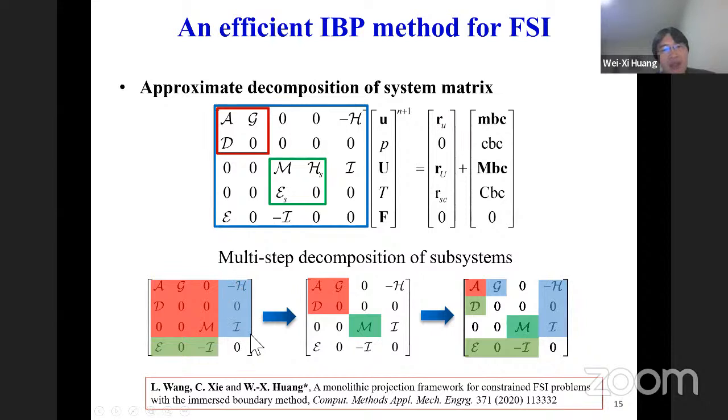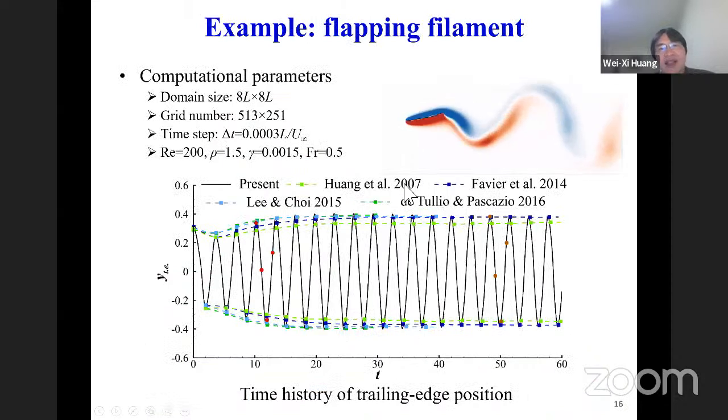The no-slip constraint is also decoupled from the system, and then we decouple the structure solver, and then decouple the pressure from the system. So this can also be efficiently solved in this way. And the temporal accuracy is maintained at second order. And here are some examples.